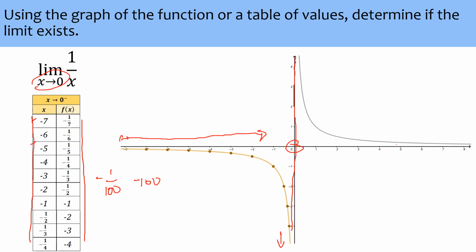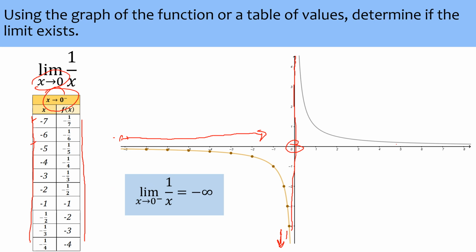Direction going to the left is decreasing, and right increasing. In this case, because the function, as we move from left to right, going from -infinity to 0, the function is going from 0 seemingly going to negative infinity. So what does that imply for the limit of the function? As x approaches 0 from the left, it means that the function is going closer and closer to negative